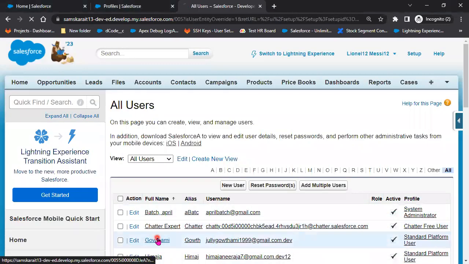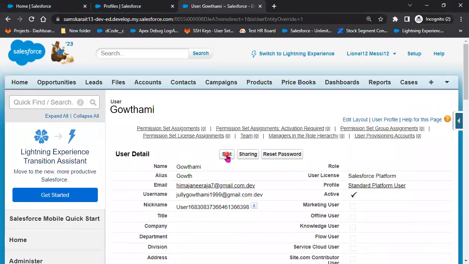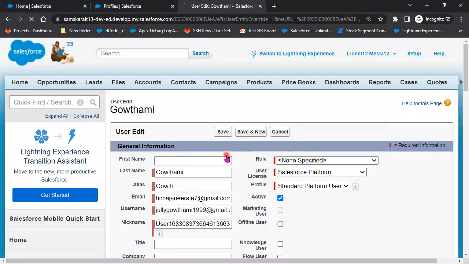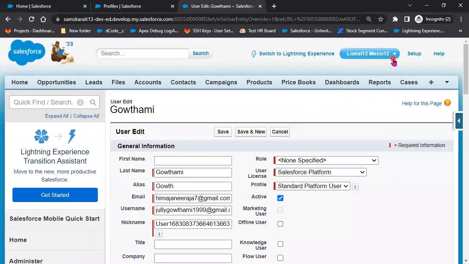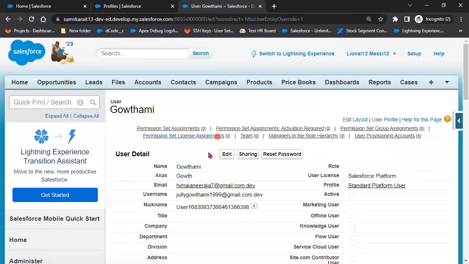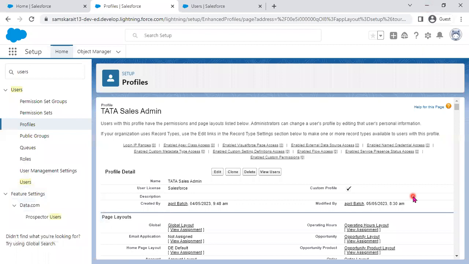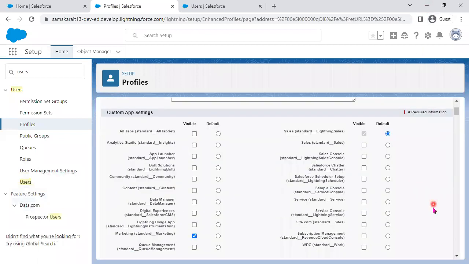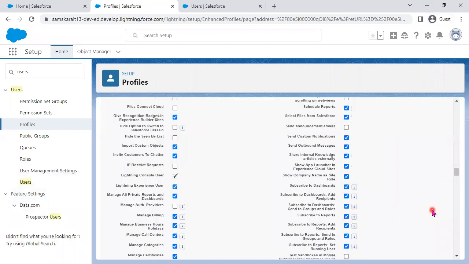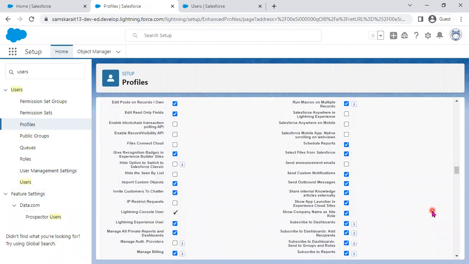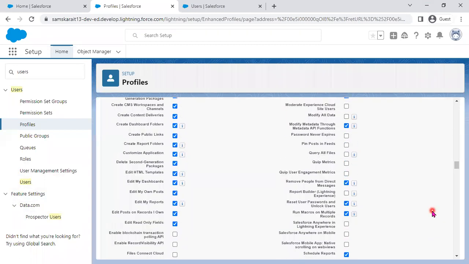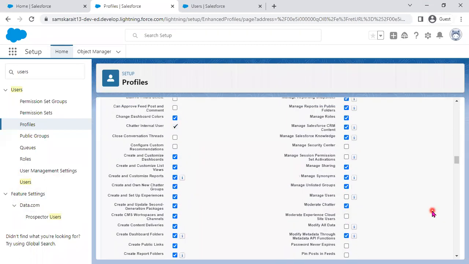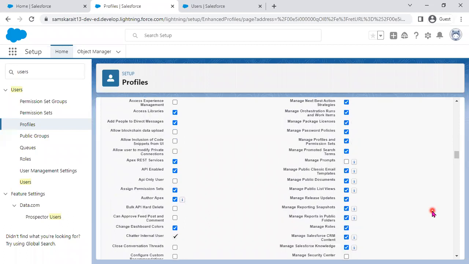Now, for example, if I'm trying to modify anything related to this user, click on edit. Now I'll say here deactivated, click on OK, click on save. Now it takes some time. View all profile, view all users. Now let me show you another one, which is called the administrative. In the administrative, we have something called